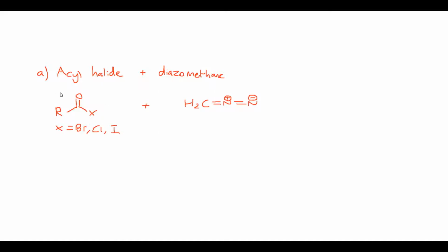So this here is the general formula for our acyl halide. We can vary this R group here to be whatever we want it to be, and our X here just represents a halide such as bromine, chlorine, or iodine, basically something that's going to be a good leaving group for us. Our diazomethane is over here, diazomethane,